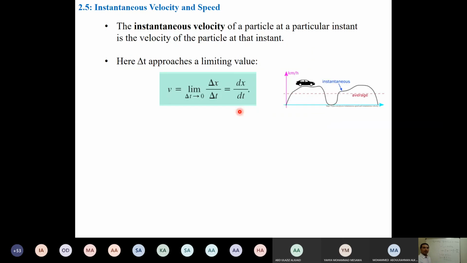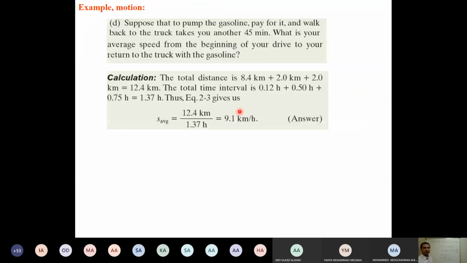Now, what if it was asked about the velocity? What will be our answer then? Instead of the average speed, if it was asked for the velocity, what will be our answer? The same as the last question. Yeah, so how much displacement do we have when the guy comes back to his truck? 8.4, because initially that guy has covered a distance of 8.4 kilometers from his house to where the truck was broken,